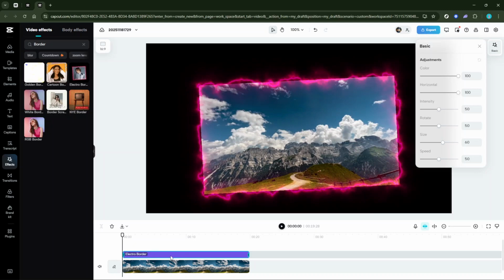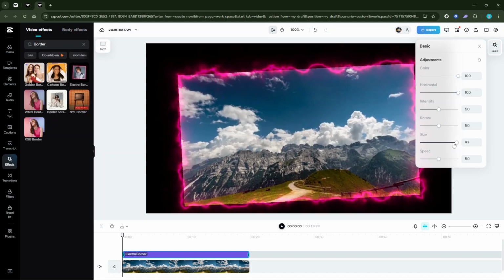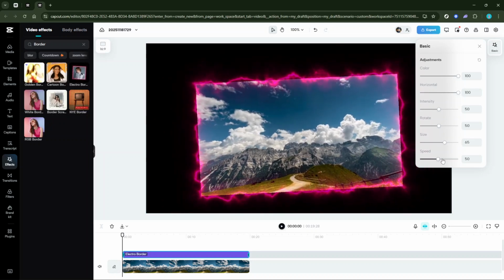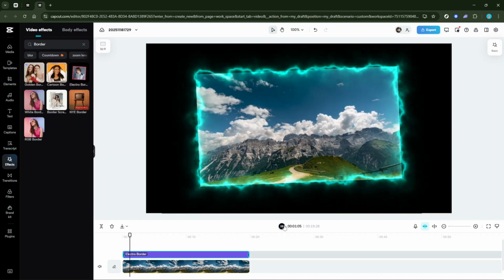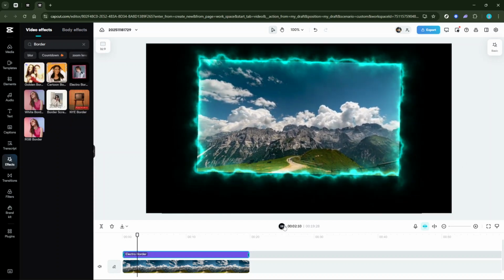Head over to the right-hand side of your screen to find the Settings panel. Here, adjust the thickness, color, and style of your border. Whether you prefer a bold, thick outline to make your content pop, or a subtle pastel rim for a vintage look, this panel allows you full control over the appearance of your border. Once you're satisfied with your adjustments, it's time to preview your work. Go ahead and play the video to see how the border complements your content. If it's not quite right, don't worry. Just return to the settings and tweak your design until you're happy with the result.